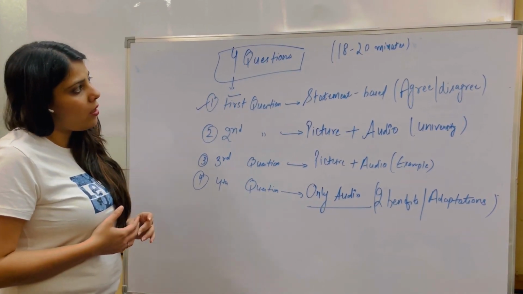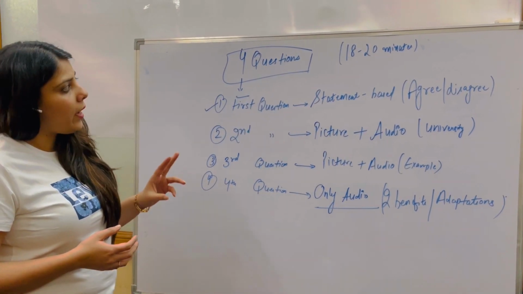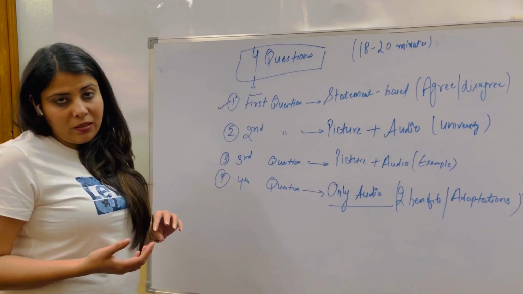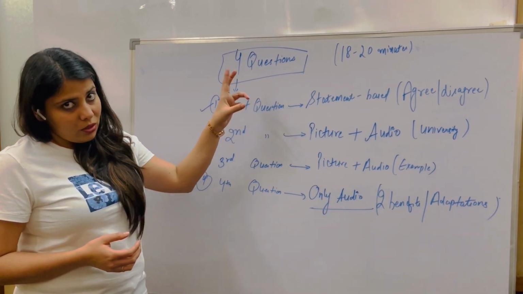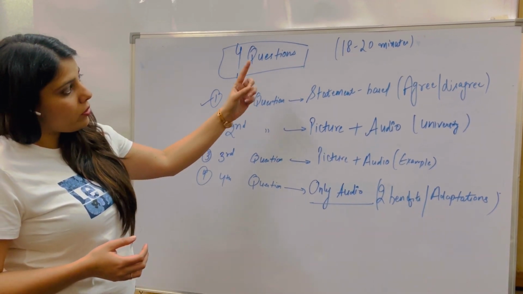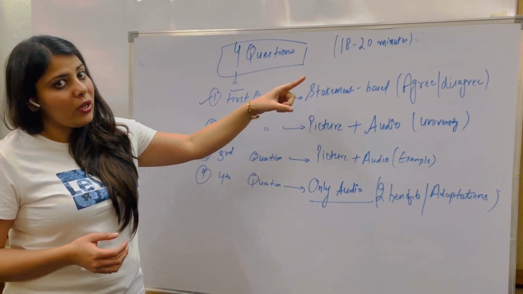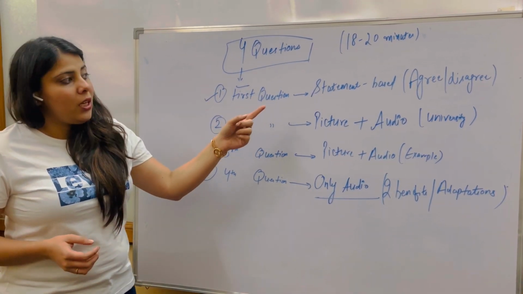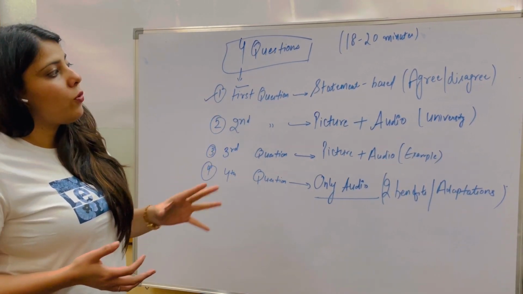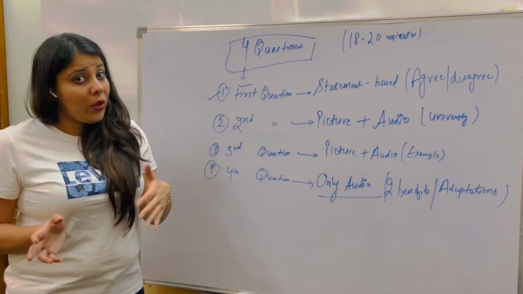So in this video, we will learn how TOEFL speaking is divided into four different sections. It has four questions. The total time it will last is 18 to 20 minutes. The first question is a statement-based question in which you will get whether you agree with something or disagree